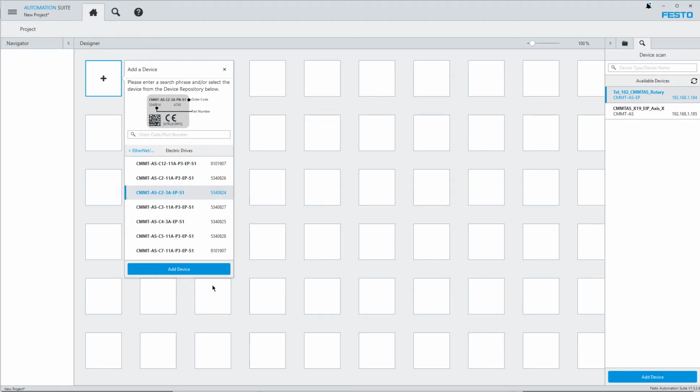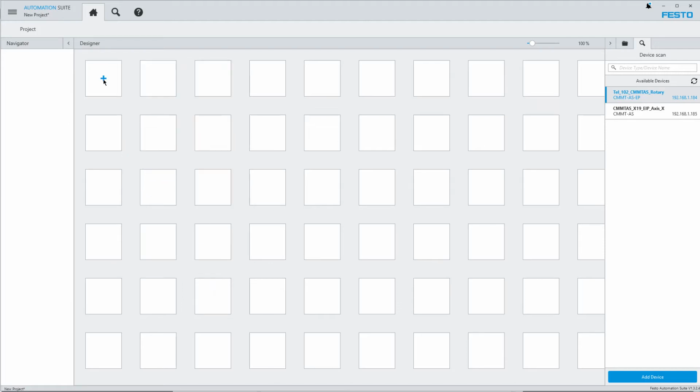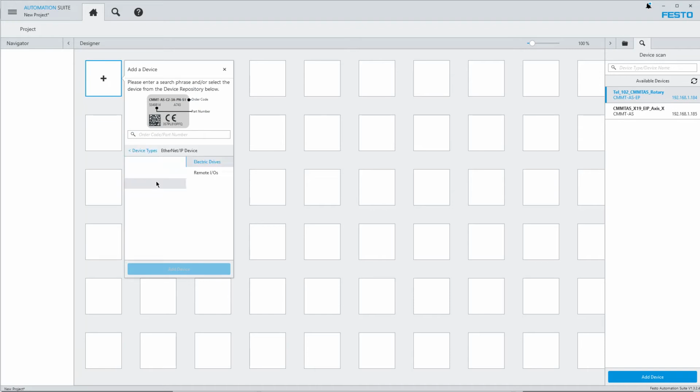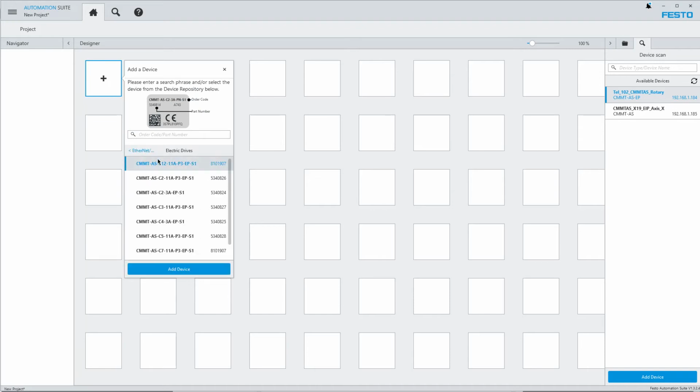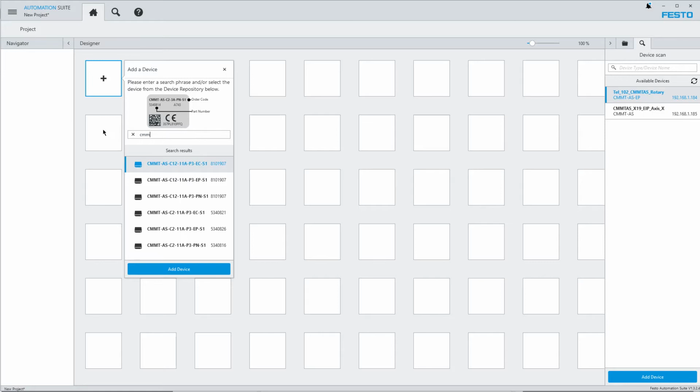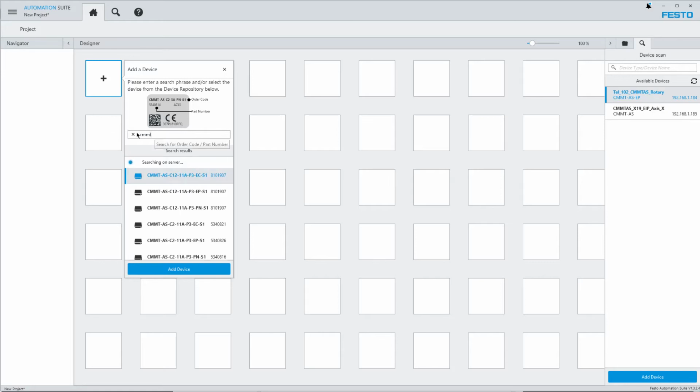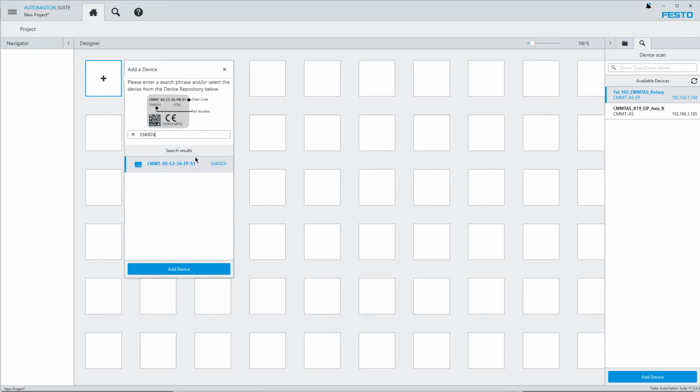I think that's the right one. Okay, so I just read the side of the label, and on the label, it's a CMMT-AS C23A, and you can either type that in there, or you can type in the product code. You can do one or the other. You can start just typing CMMT, and it'll filter. But basically, for the sake of getting it bang on, I'm just going to click that one and say Add